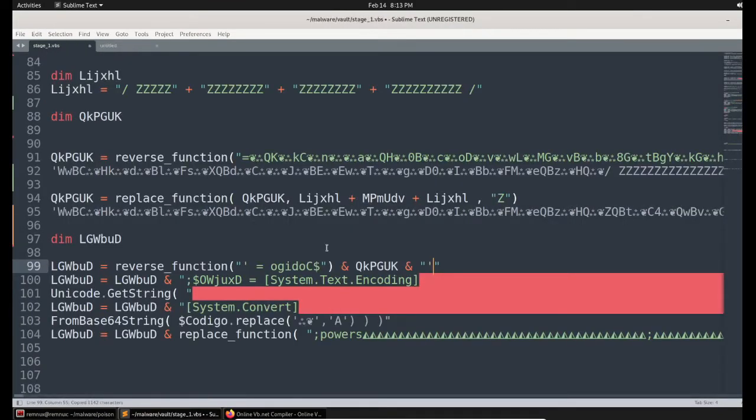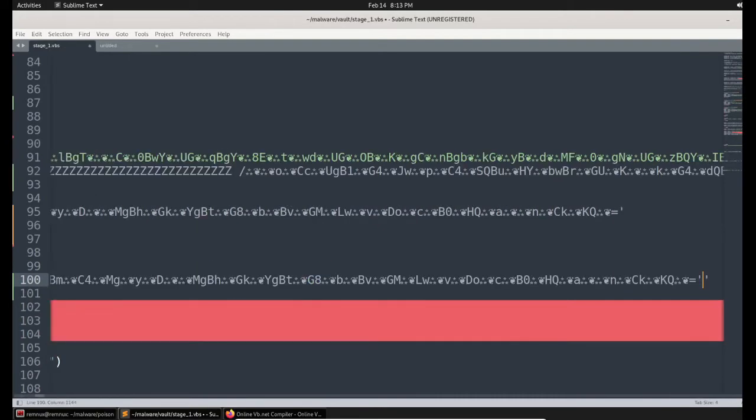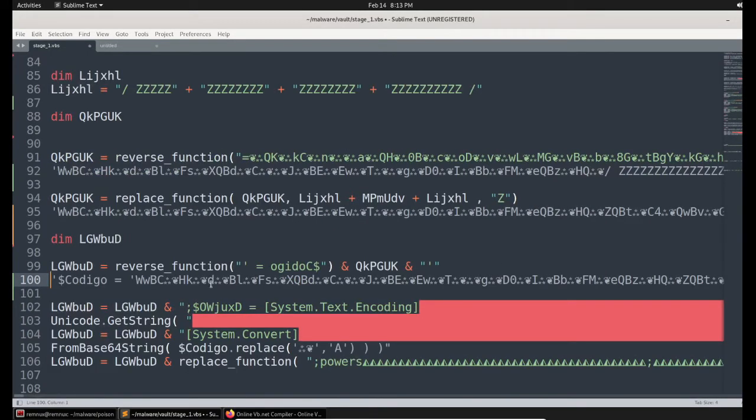Okay. And perfect. Now let's check this next one. Again, they are calling the same variable, the value, and they are appending it with this particular string. So let me do that.